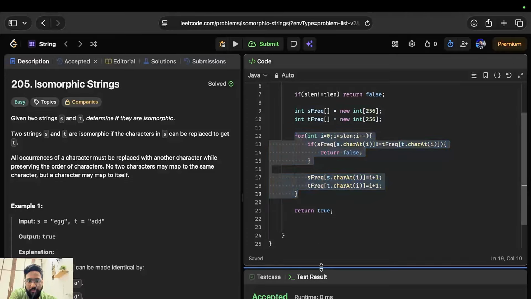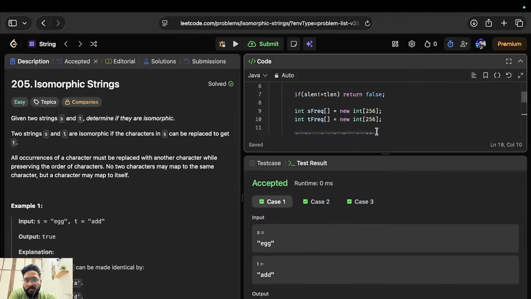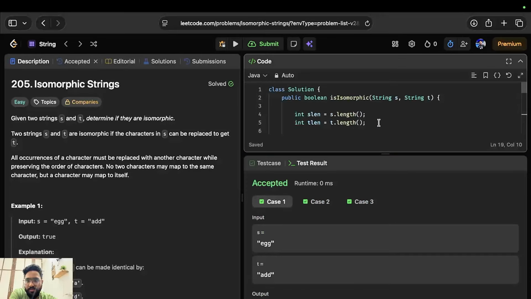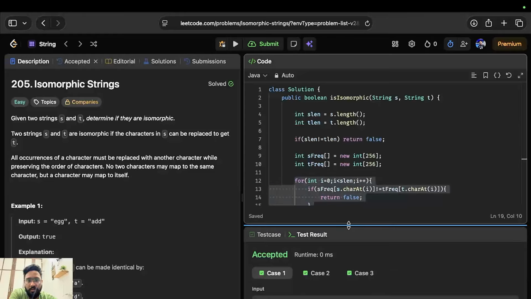So yeah, if you know any other approach, like we can do it using a HashMap or using sets and all, so there are multiple approaches. If you know any optimal solution rather than this,